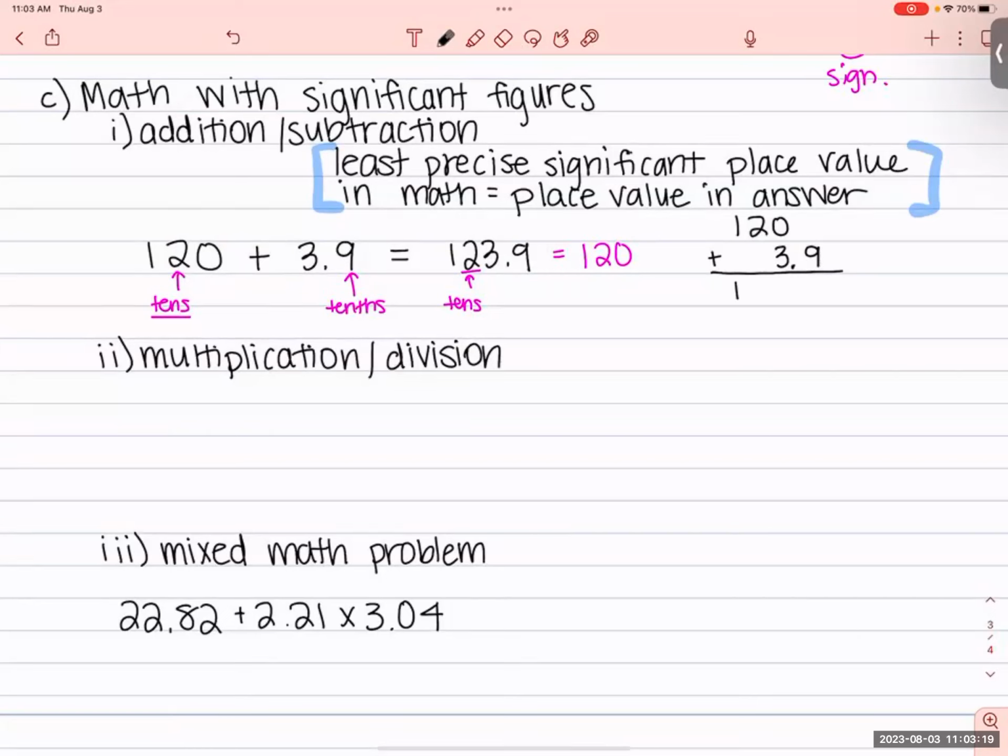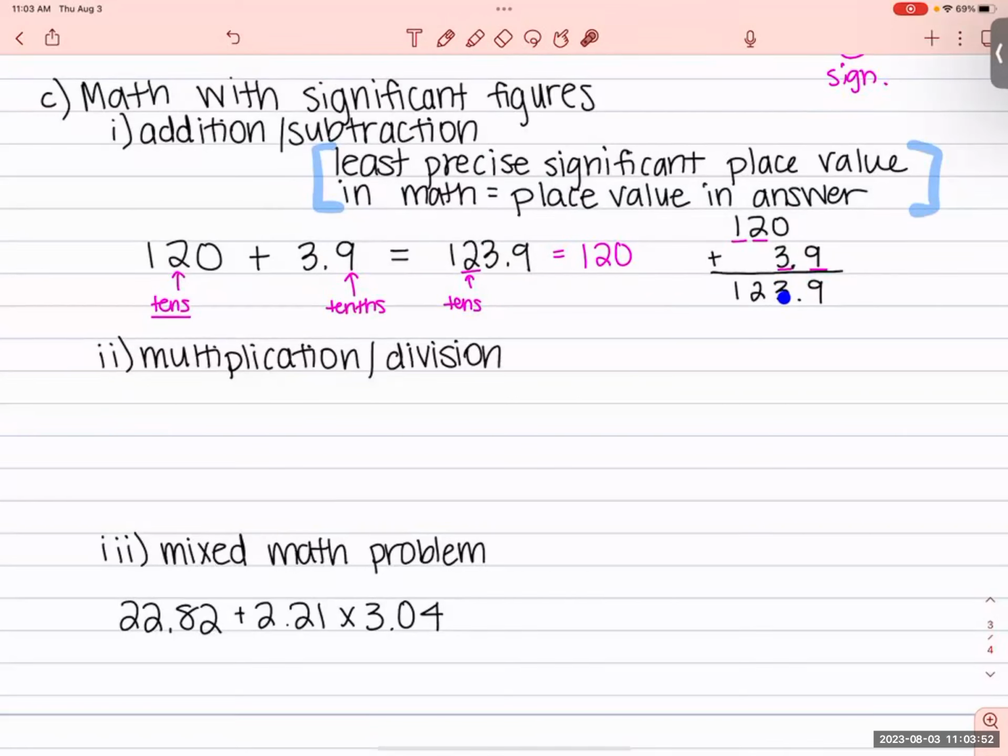Now do your math and make sure again everything lines up by decimal place, by place value. And then cut it off after your least precise significant place value. So this has significant figures here and here. This 3, this 0 is not significant. So we don't really know if that's a 3 or not. This could be a 1, could be a 7, could be a 9. We don't know. So I can't really report my answer to say that's a 3 because I don't really know